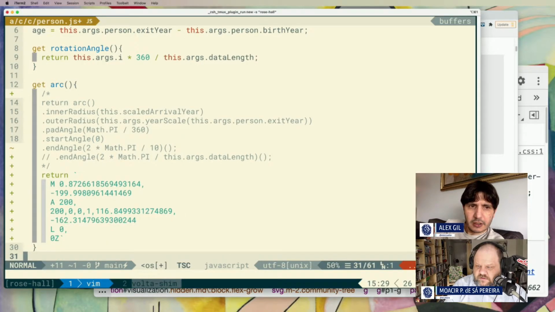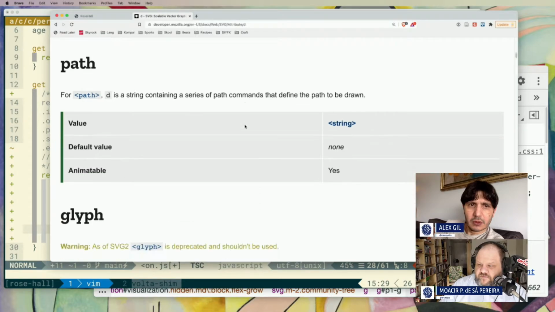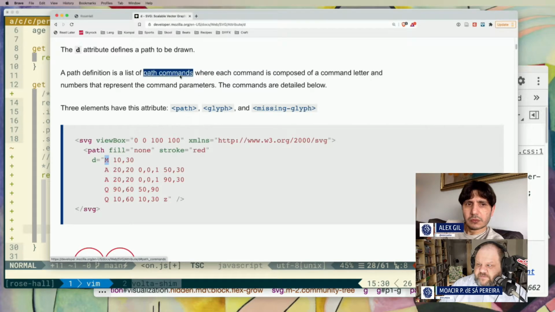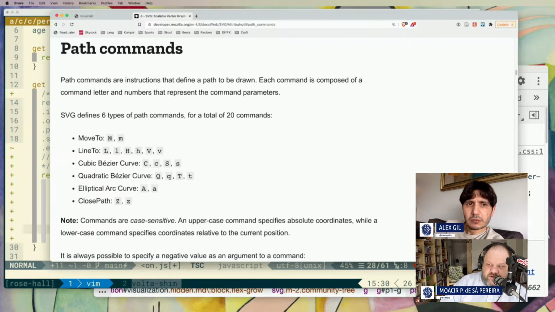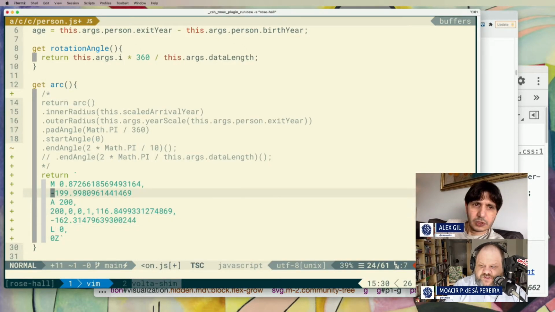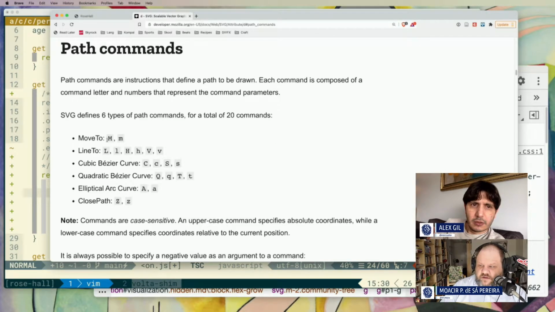Oh, it is there. Where's the Q? We don't have a Q. We had it in there. So, path commands. There we go. All right. M, move to. So move to this point. So that's the first command, is move to this point. Right. Then what is... we moved the pen. Okay. Move the pen to this point.